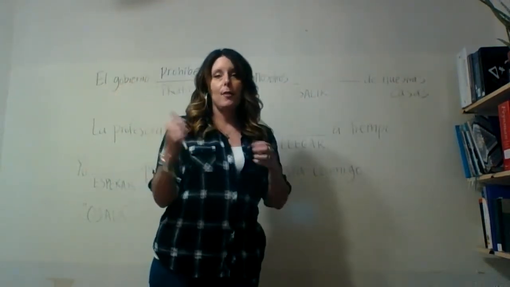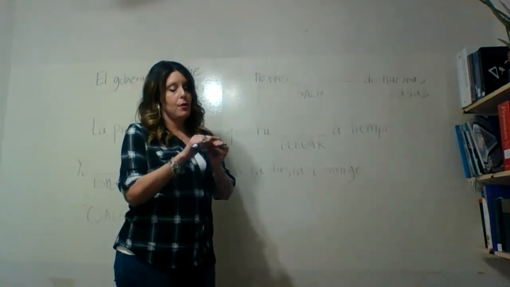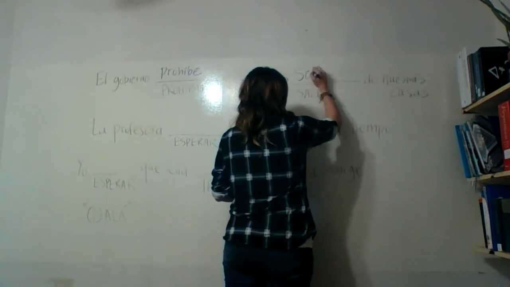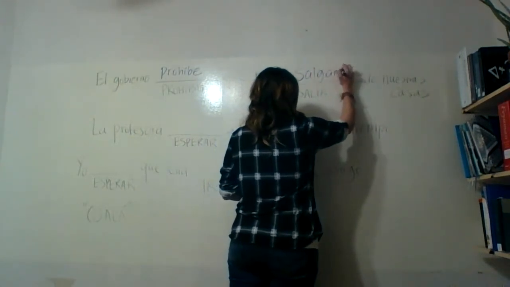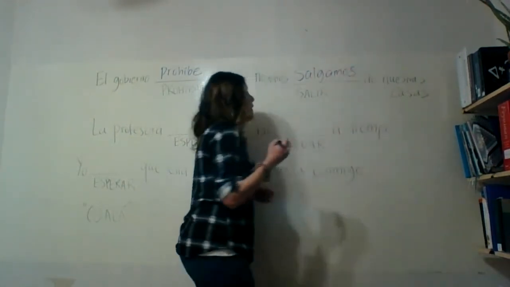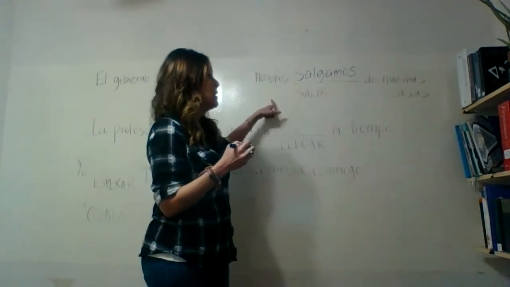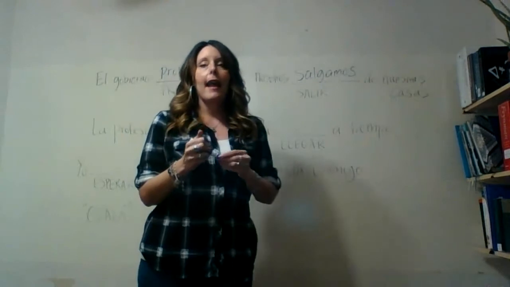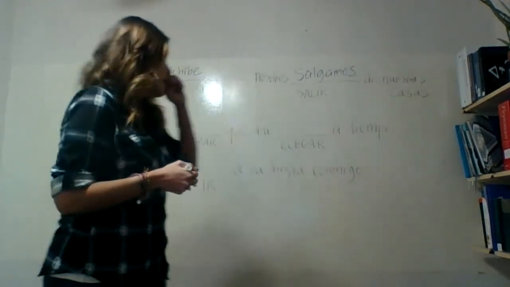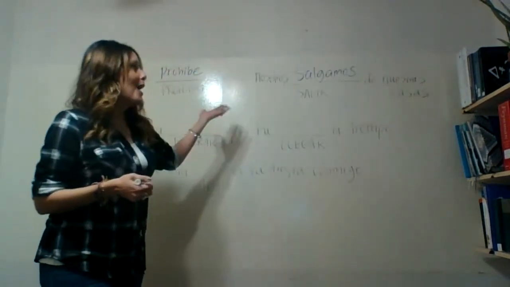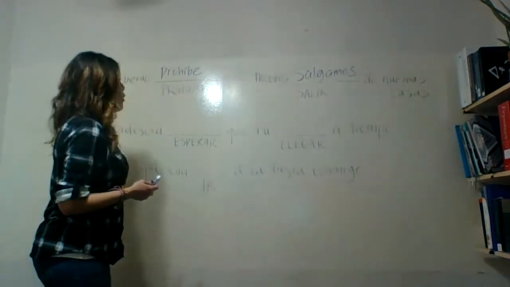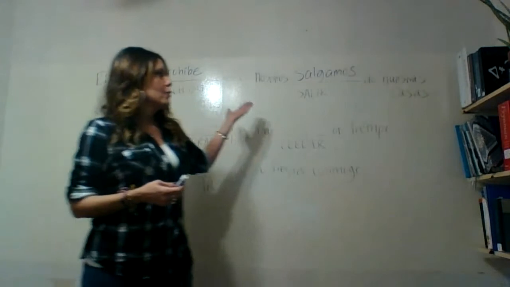Based on our sentence, we have to conjugate it nosotros, so we're going to put salgamos. That is our appropriate subjunctive for this sentence: salgamos, S-A-L-G-A-M-O-S. So our whole sentence, the government prohibits that we leave our houses, will be